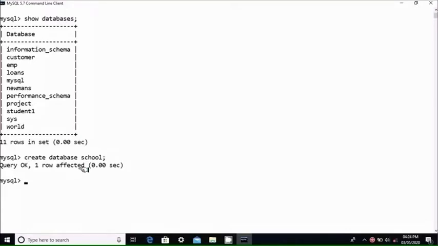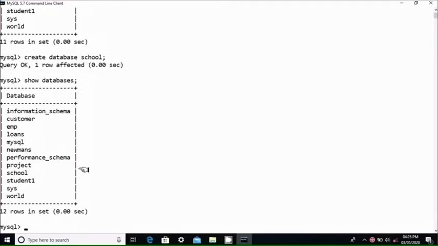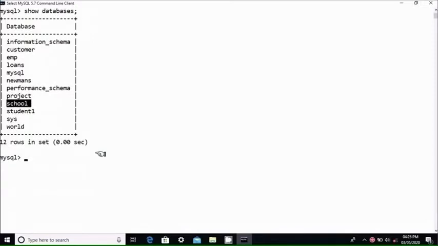For that you can use this up arrow key twice. Then you will get the previous command. Now you can see your database school is present here. So we need to open this database to work on it, or we want to switch to this database specifically. Then only you can do operations on the tables. So for that you have to type use then name of the database, that is use school. So database changed. You are in the database now.